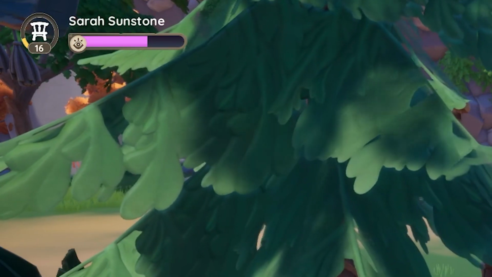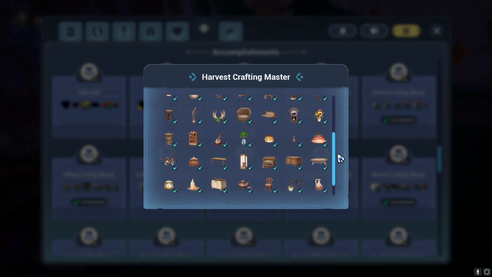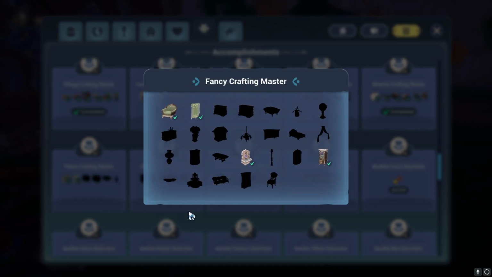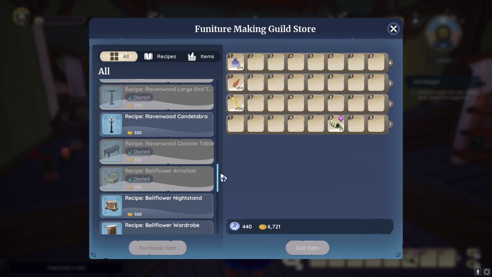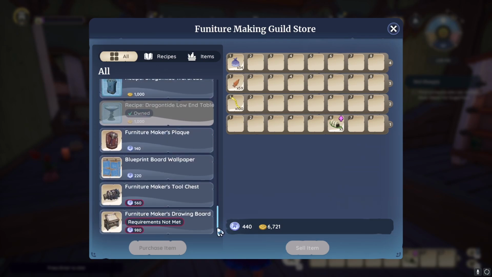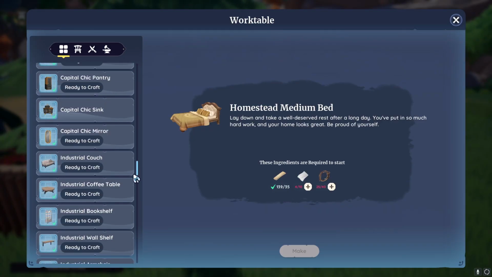The current furniture sets available are as follows: log cabin, homestead, kilima, ranch, industrial, capital chic, ravenwood, bellflower, moonstruck, and dragon tide. Once the recipes become available for purchase at Tish's guild shop, which is accessed by talking directly with Tish, you can actually just buy one single recipe from each set and then unlock all the other items in